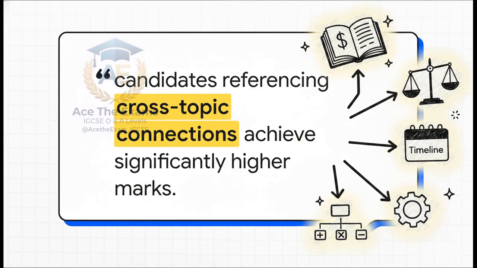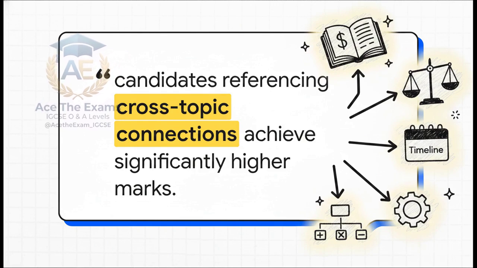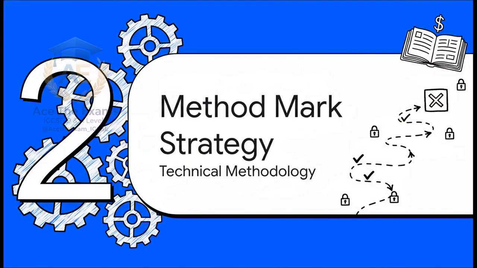They'll mention how this precise general journal entry sets the baseline cost for non-current assets, which subsequently dictates the depreciation calculations for the next 5 years. When you show those cross-topic connections, you elevate your answer from a simple mechanical exercise to a brilliant display of comprehensive accounting knowledge. Let's shift gears to Section 2 and look at the mechanical execution required to secure those critical